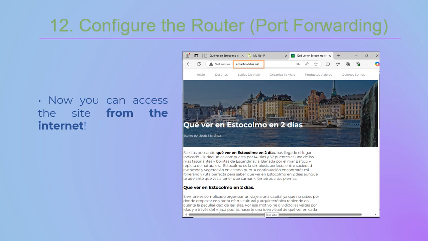But the IP is still set up with the old HTTP protocol, and it would be a good measure to enhance its security by installing SSL certificates.